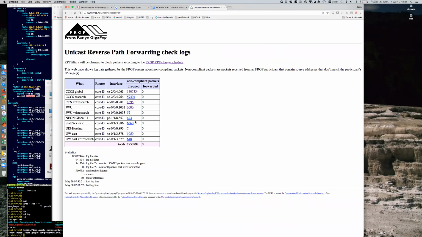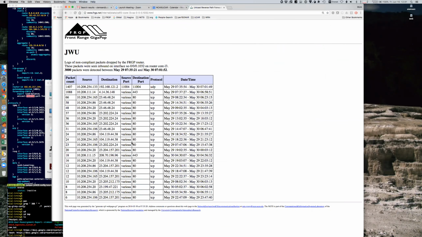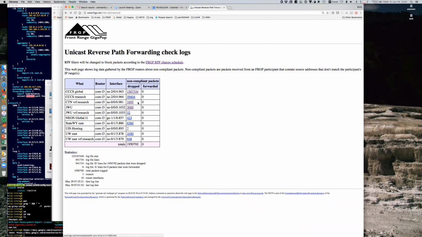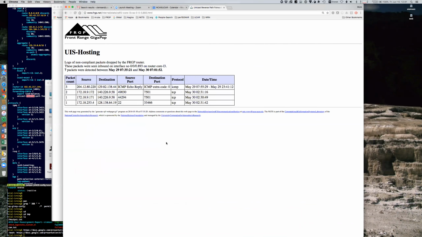And if I click on a customer here like this one, that's the full table, that's all the packets. It comes down to very few at the end. But for the larger customers here, that one, CCCS had 1,500,000 packets in a 24-hour period. This customer had 7. And so, you could look at that and say, well, 3 of those packets were sourced from that, which is probably like a real source, maybe inside somehow it's inside their net. And they were pinging that. And it happened during this time window, which is not